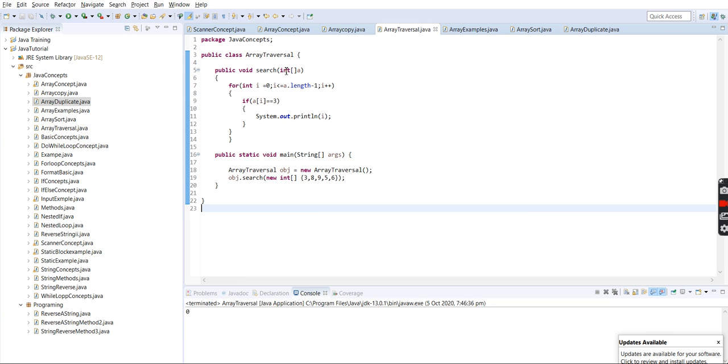Here we have written this program, this for loop, as a method of this class, and as an argument we are passing the array. So here we have created the object, and from the object we are calling this method of this class, and we are passing the array as an argument. We are not capturing it in any reference variable, so this is called an anonymous array, without any name. So this is how we can find whether the element is present in the array or not.